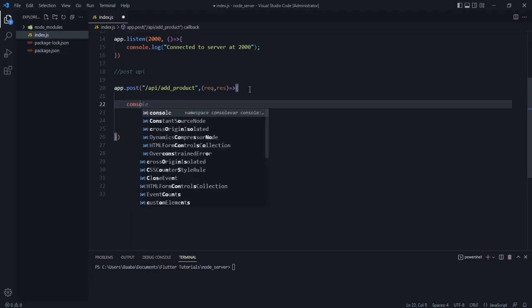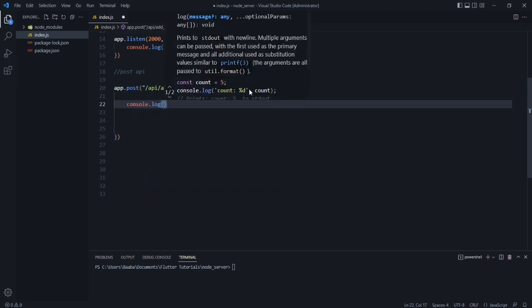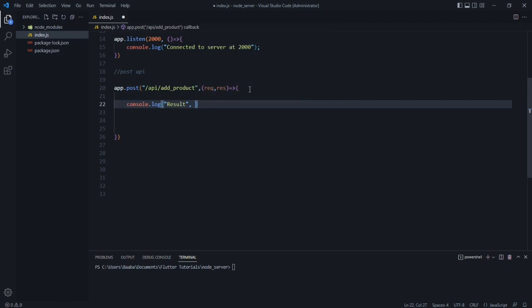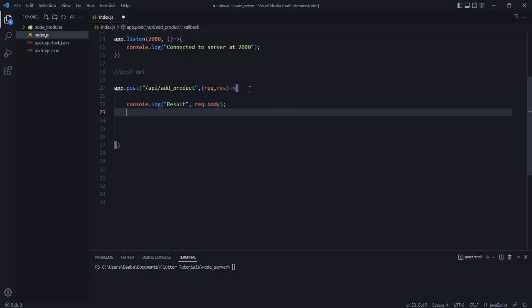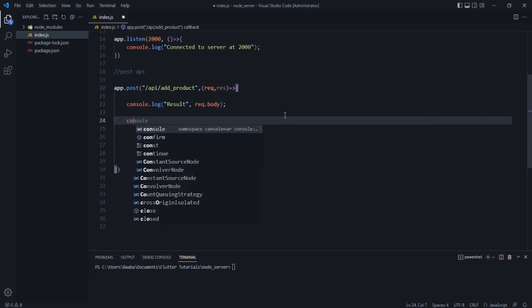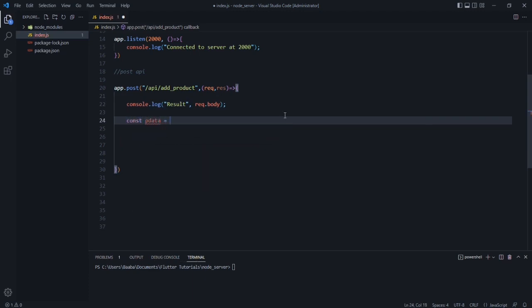So it will be console.log, and in here let's say result, and after that comma, and after that we can use request.body, so we can see what we got. Okay, so after that let's store the data we received from this request. So it will be const p data, and it will be equal to a map.